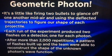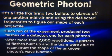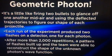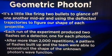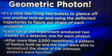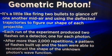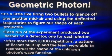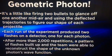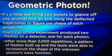After more than 2,000 repetitions of the same thing, so they did this a bunch of times, a pattern of flashes built up. So they didn't always see the actual Maltese cross shape. They had to do it over more than 2,000 times, and they'd catch little bits of this geometric shape, because you don't always get the whole thing giving off light. That pattern of flashes built up, and then they could reconstruct the shape of the unknown photon and see